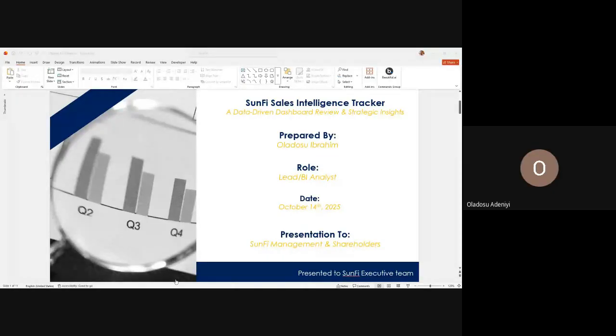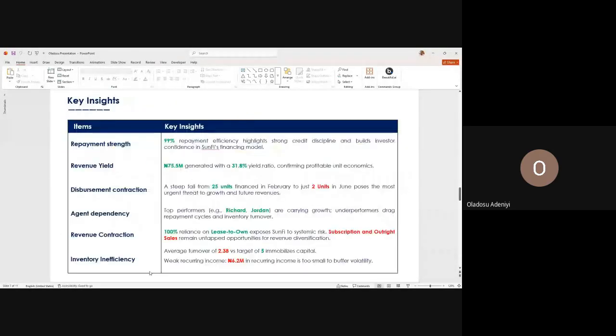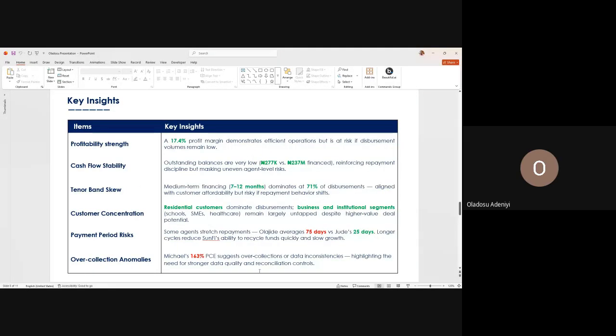Yes, exactly. If you notice in this presentation, I also specified the anomalies. These are some of the anomalies, this over-collection anomaly. You have to specify it because, as a data analyst, you need to show the head of the department the anomalies that you detect from the submitted data.